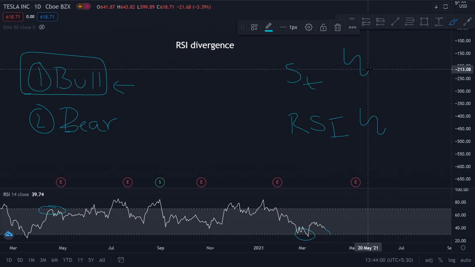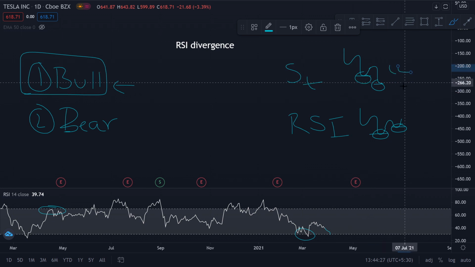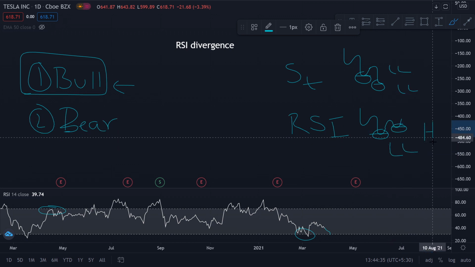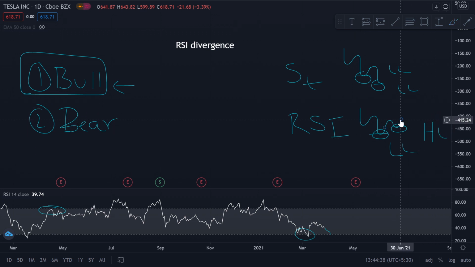Now suppose this stock has made another lower low. This was my previous low and this is my current low. But instead, what RSI does is, this was the previous low of the RSI, and the next time it came down, it came till here only and turned. So this low corresponds to this, and this low right here corresponds to this. So on the chart, I have a lower low and another lower low. On the RSI, I have a lower low, and next it is making a higher low. Right, so this is a divergence of sorts.